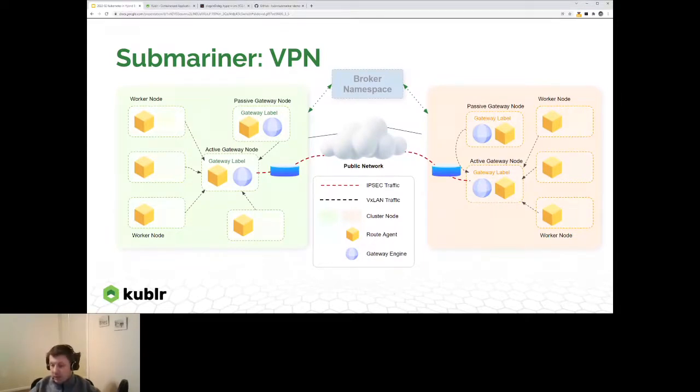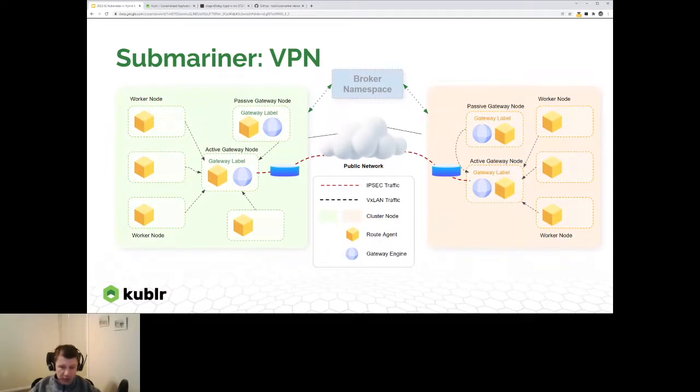The problem is that most of them are either very difficult to configure in a highly available manner, so that they can automatically fail over, or you need some kind of hardware support to make sure that this failover works. So with Submariner, it's not